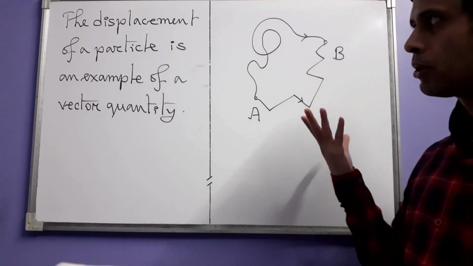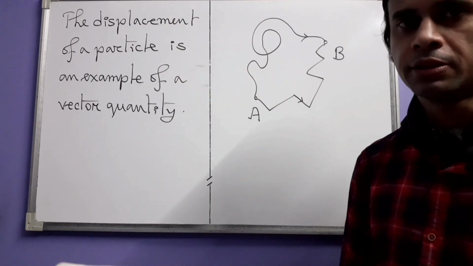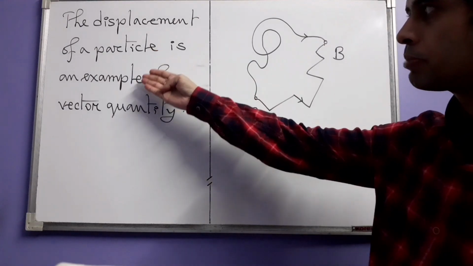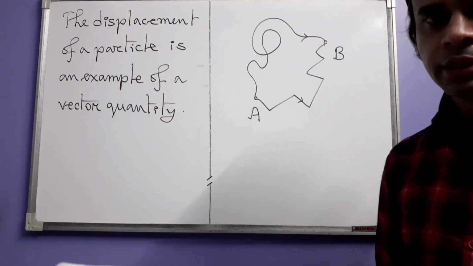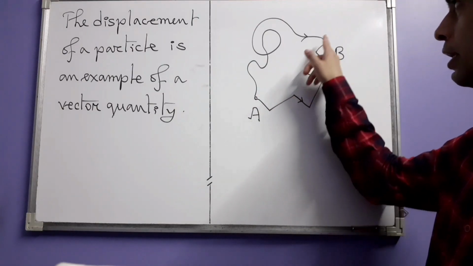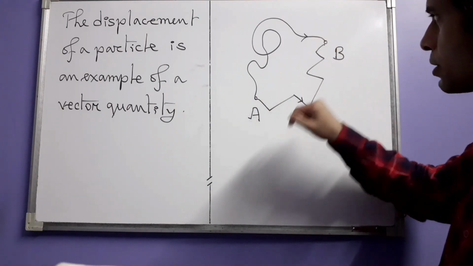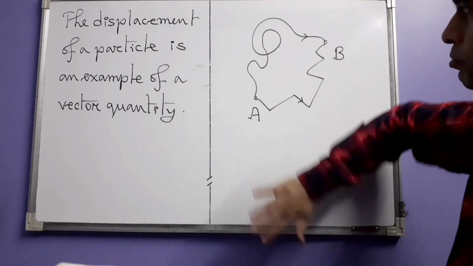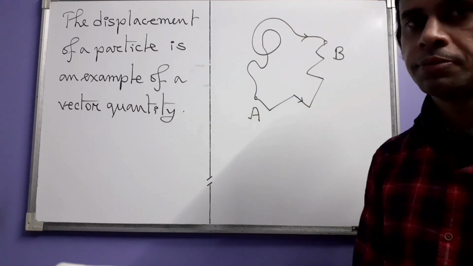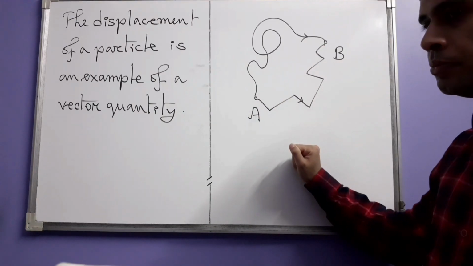This is an example of a vector quantity: displacement. The displacement of a particle is an example of a vector quantity. You consider two locations in space, say A and B, or for the sake of simplicity, suppose A and B are these two locations in this plane, the plane of the board, and a particle moves from A to B